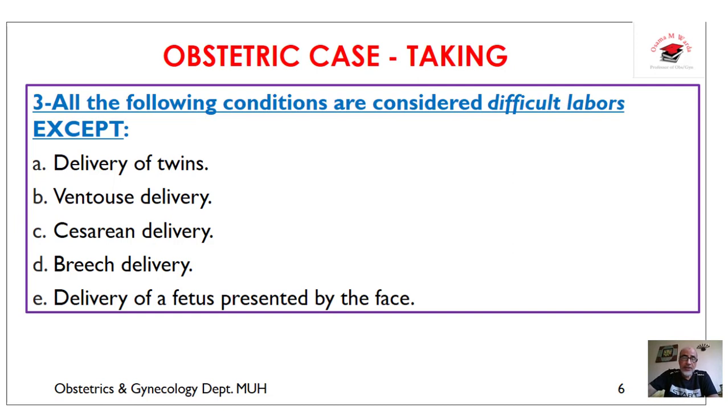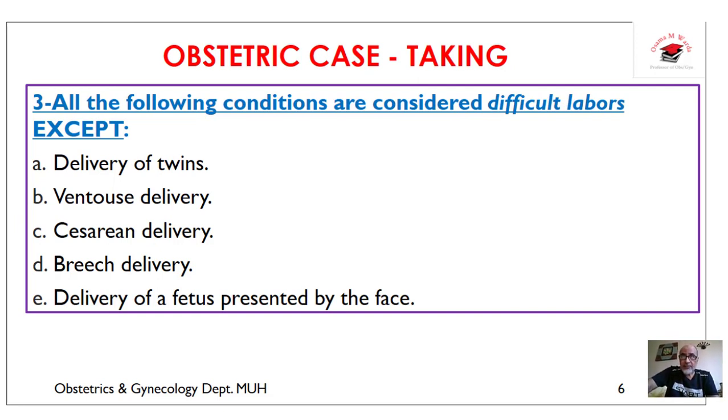Difficult labor is that vaginal delivery that is not fulfilling the criteria of normal labor, which are spontaneous expulsion of a single living viable, let's say 37 weeks or more, fetus presented by its vertex through the natural birth canal